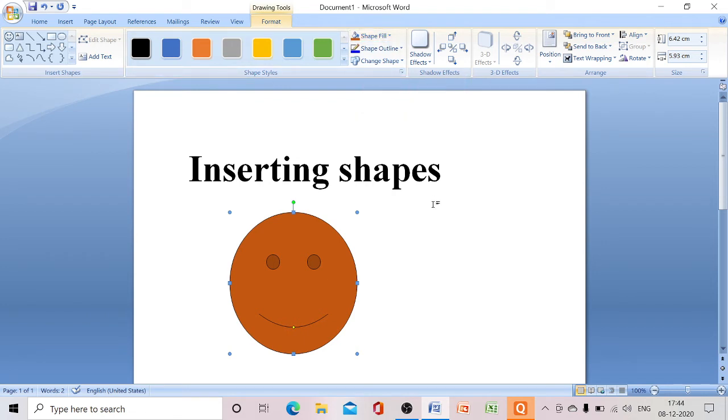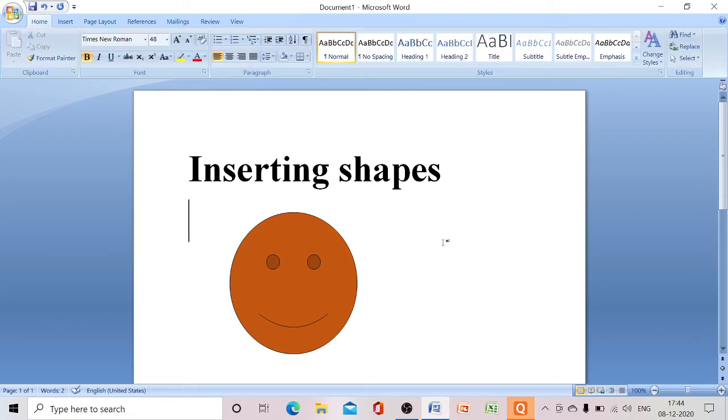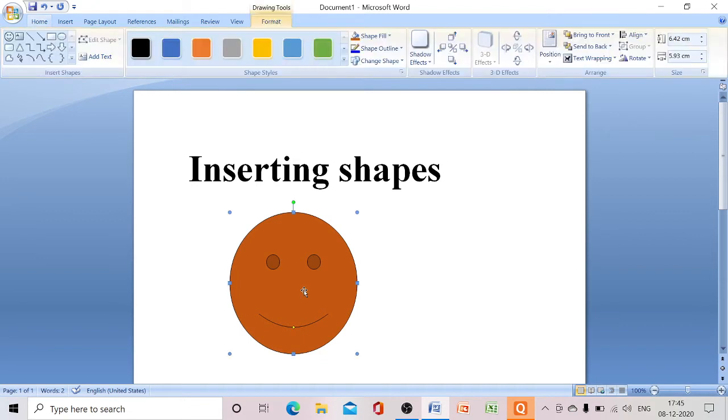After that we have one more topic related to this shape, that is to add a shadow effect. To add a shadow effect to this shape, let us double click on the shape. When we double click we can see the format tab. In that can you see shadow effects?